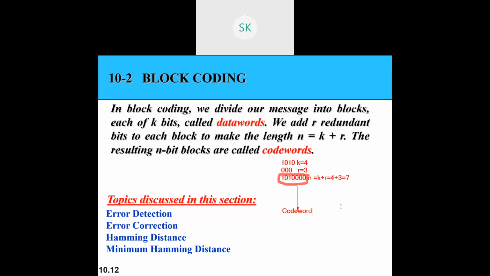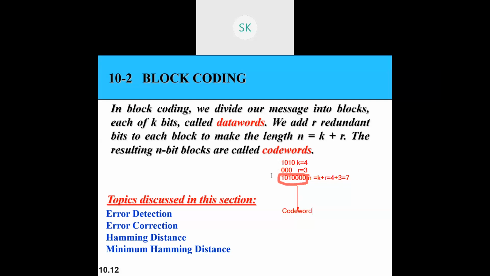This will be understood at the receiver. Now you are transmitting this code word from the sender to the receiver. This is at the sender part I'm talking about. At the receiver, the same philosophy is taken care of. This code word will be received and then passed to the checker. Once the checker checks that code word, it sees that 3 bits were added. Those 3 bits, whatever they are, I'll just change them and produce the 4-bit data that was sent.